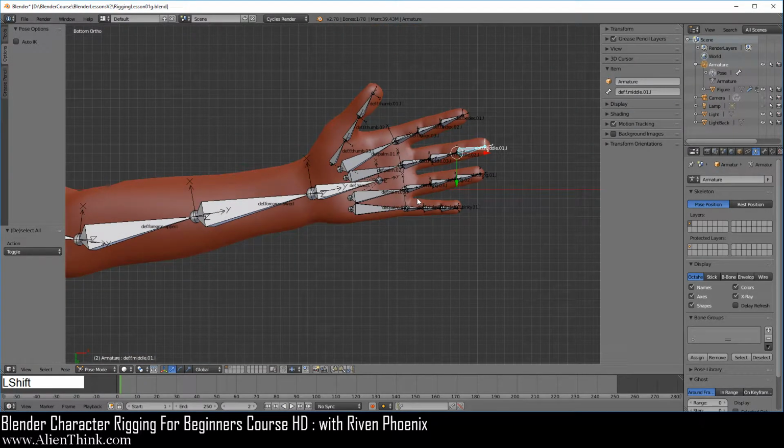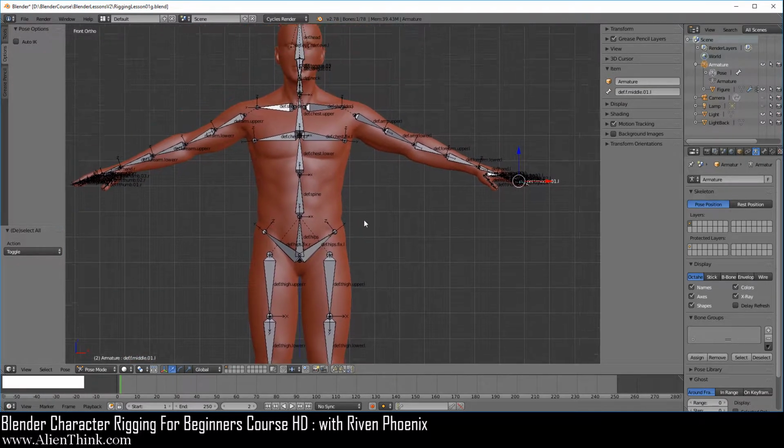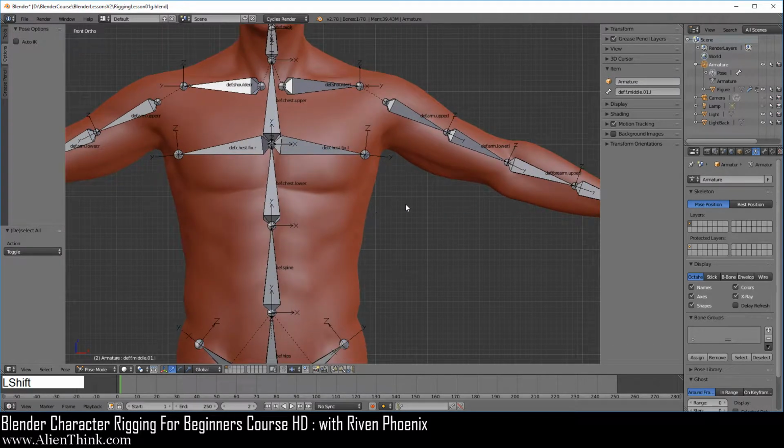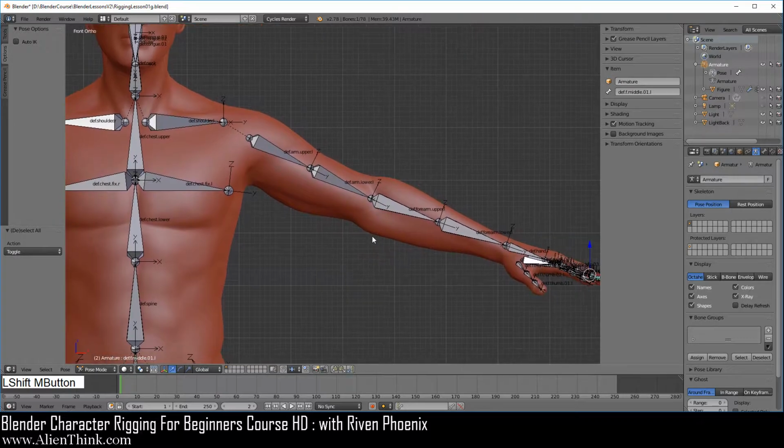Right now I just want to show you this concept. Now, you can see that I think you understand how this is going to work when we go through the actual rigging process. Right now I'm just explaining to you in a nutshell, giving you an overview as to how things are going to work when we go through this process.